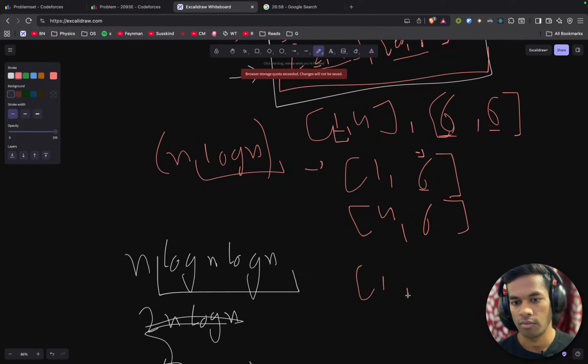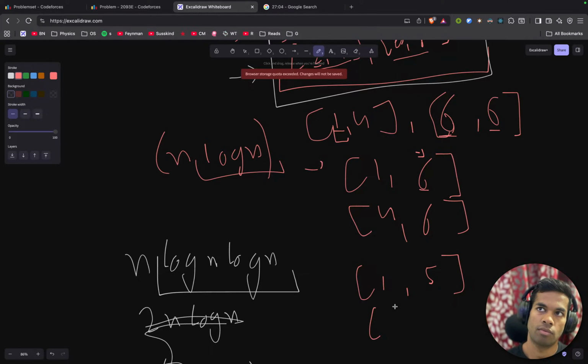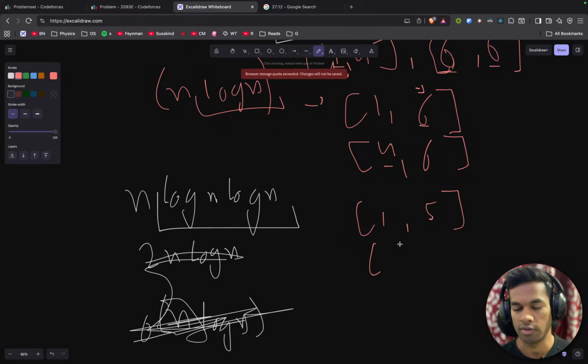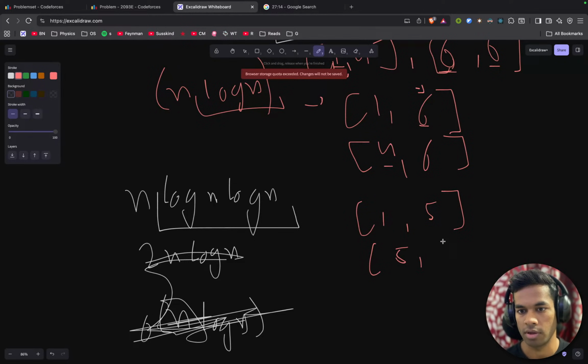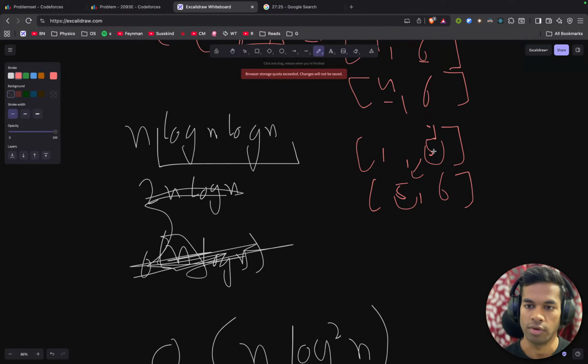So we will say 1 comma 5, and here we want 5 to extend something towards the right. So we see 4, so that becomes 5 and 6, and we see that these two numbers are equal to each other. There is a match in both of these, so we can just remove them,